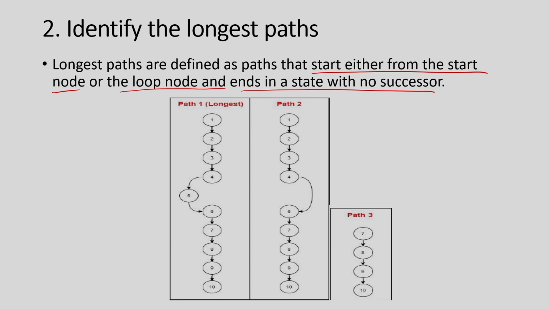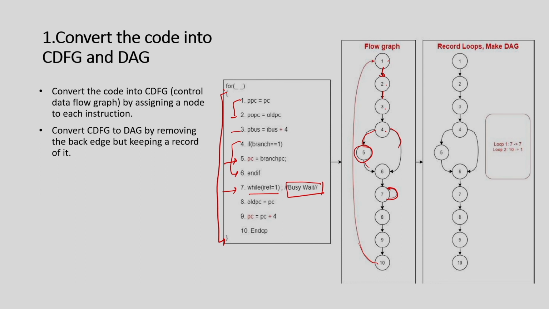Okay. So, before that, one pre-processing is to be done here. Because this loop can create an infinite number of paths, what I am going to do is remove these loops, okay, the back edge. It is not that I am going to remove the loops, rather the back edge, and I will keep that information handy for future use.